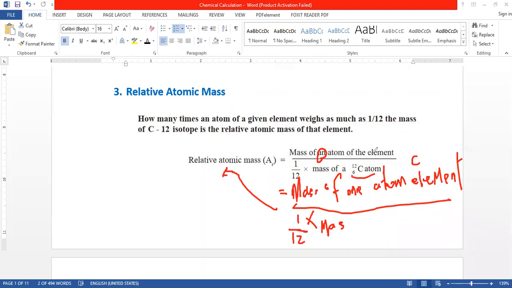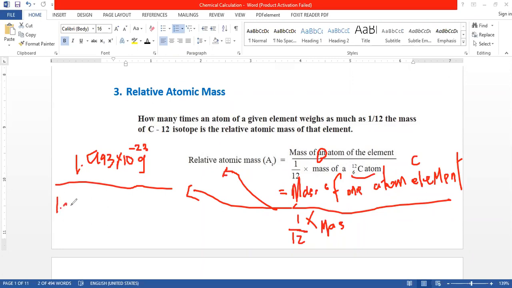The mass of one carbon atom is, if you bring it here, 1.993 times 10 to the power minus 23 gram, over the mass of one carbon atom, also 1.993